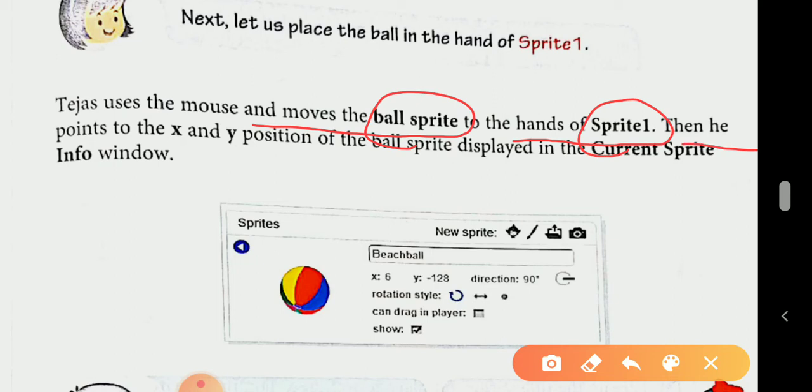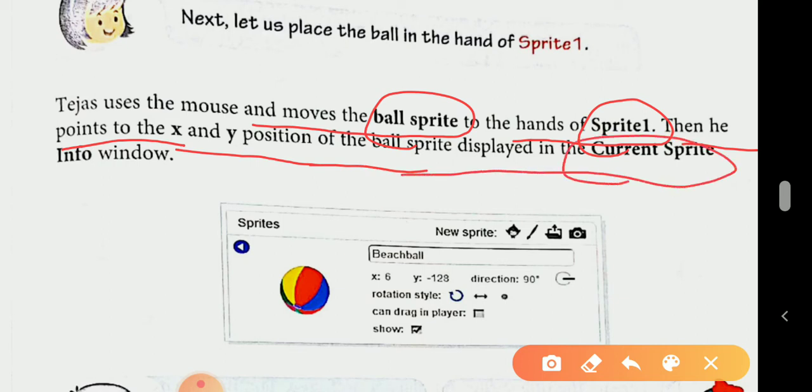Then he points to the X and Y position of the ball sprite displayed in the current sprite window. It means the ball sprite's X and Y values display on the current sprite.